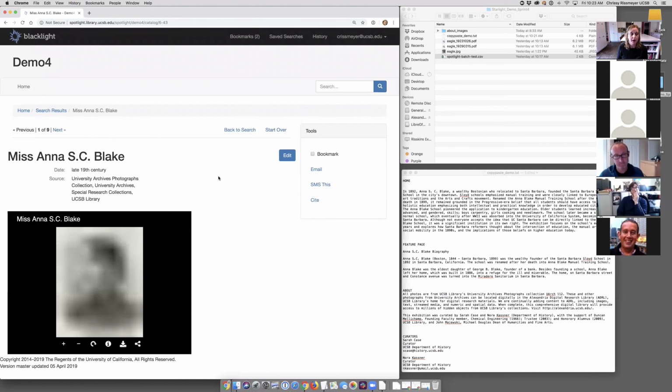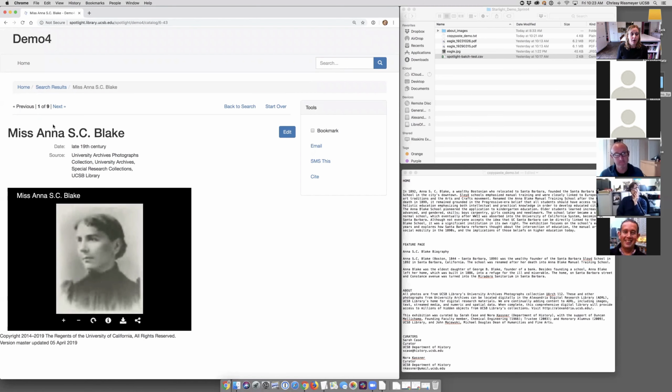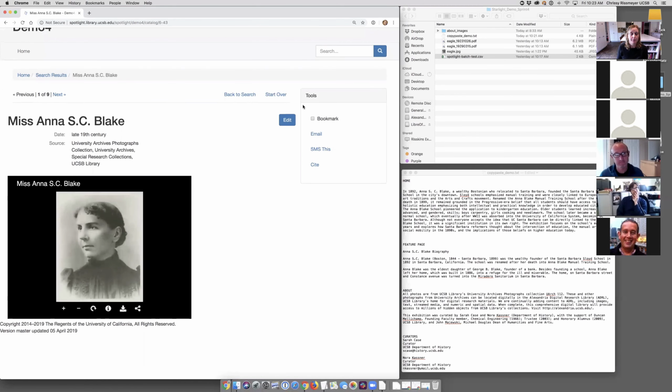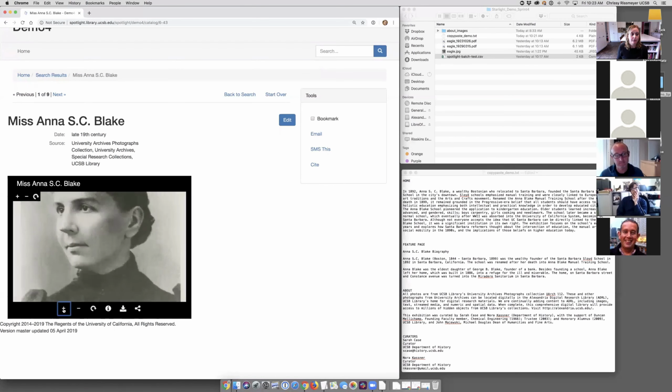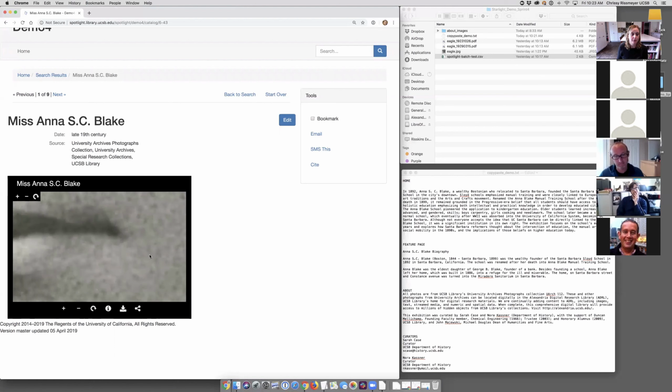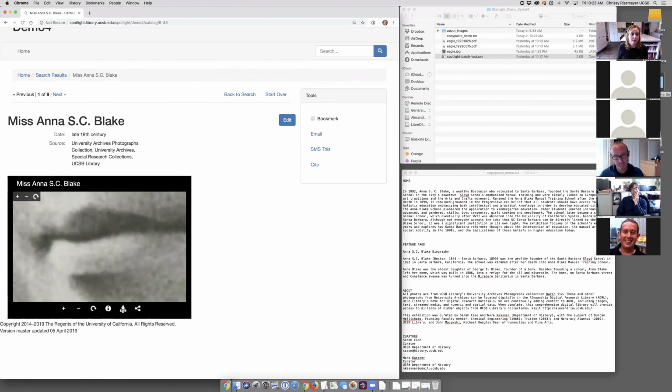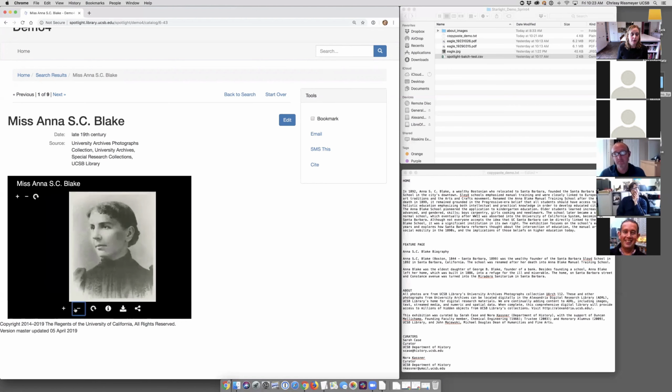But I do wanna just show you really quickly what these image items look like. So when we open it up, you do have all of the metadata here. You have the options to bookmark it, email it, cite it. You can zoom in, you can sort of move around. You can also download or rotate the images as well. That's pretty cool. Let me go back